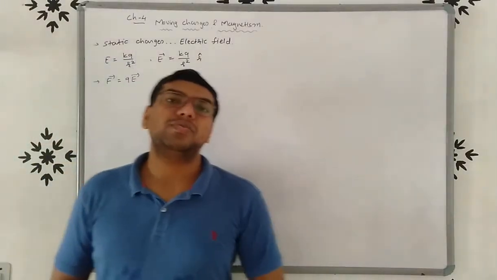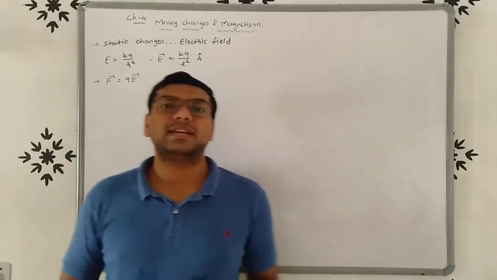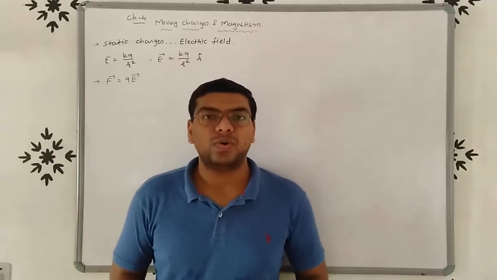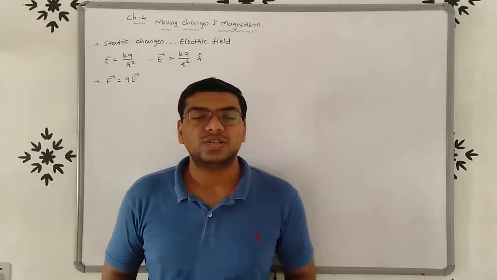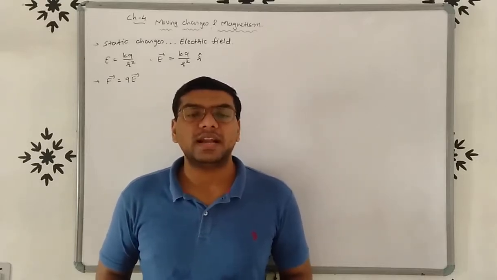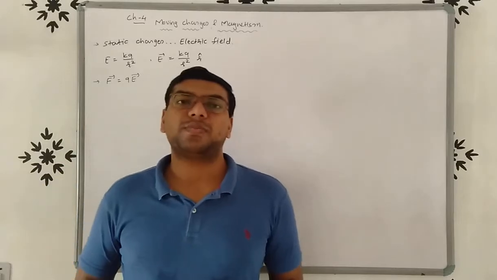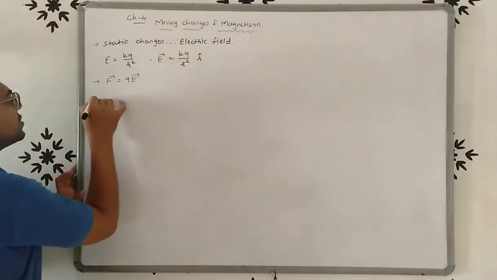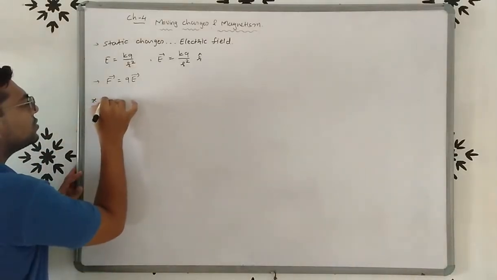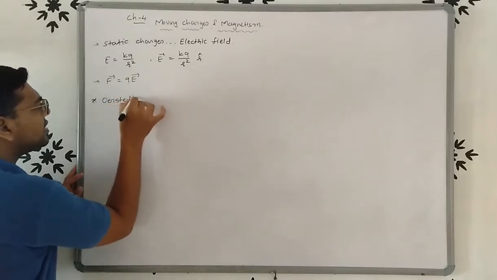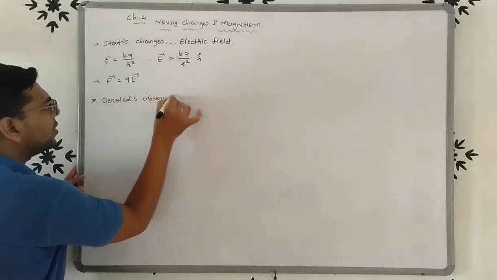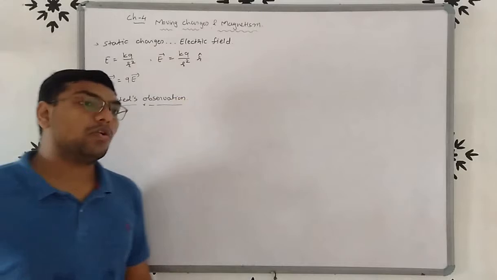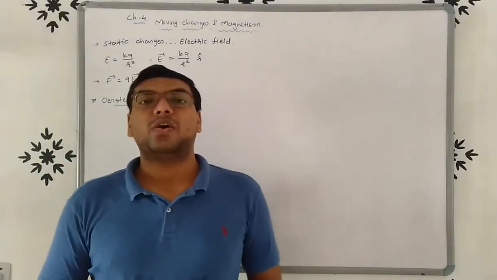Now we discuss moving charge. So we know, what is current? Current is the flow of charge. So if charges flow, or we can say charges are in motion, then current will be there, right? So we will discuss Oersted's observation about this thing, right? Now, what is the observation of Oersted?